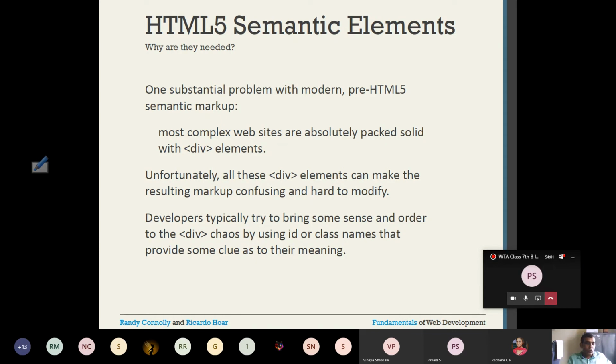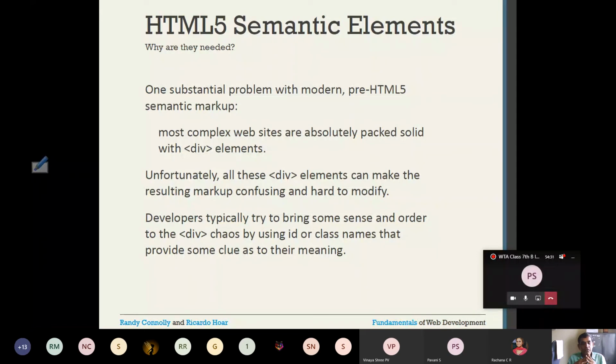So the point here is many semantic elements are provided by HTML5, which we will discuss. But note that one problem before HTML5 came in was usually websites were packed with div elements. As I told you, the div tag in HTML was used to logically divide your document.